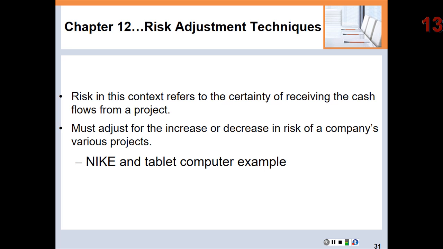Nike has never manufactured or sold computers or phones. So if they decide to undertake this project, it's going to be an expensive project. They're going to spend a lot of money on this. It's a capital budgeting project. It is riskier than normal. It can be a lot riskier than normal. So we have to decide, okay, how are we going to account for that increased risk when we analyze the suitability of this capital budgeting project?